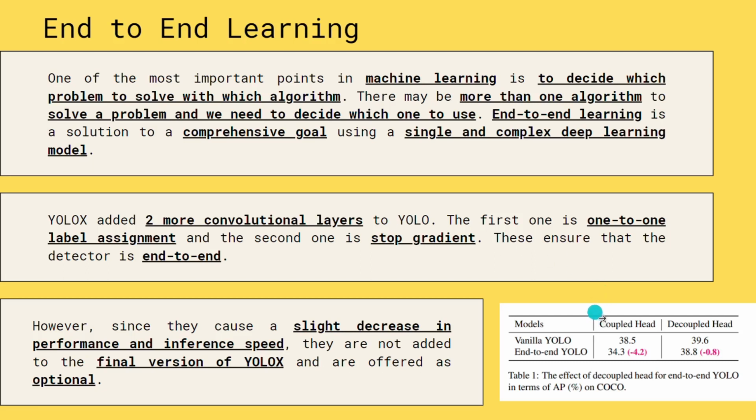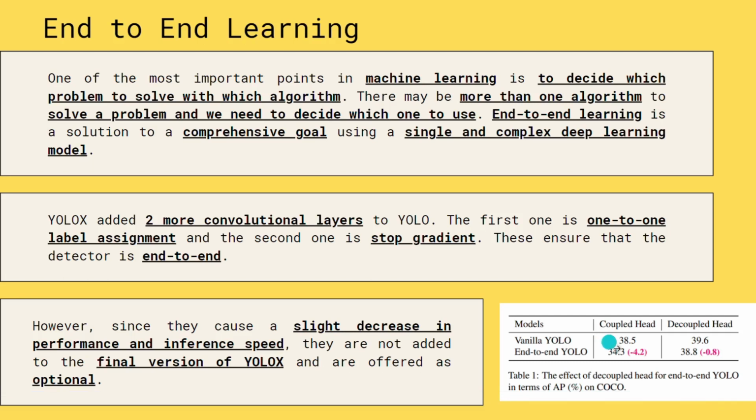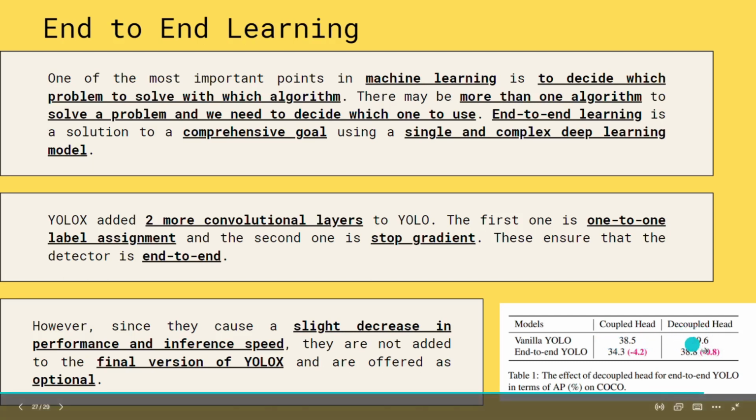As we can see from the table on the right side, the vanilla YOLO, which is a YOLO that does not use an end-to-end method, for the coupled head has an average precision on the COCO dataset of 38.5. And in the case of the decoupled head, we have 39.6. And then they implemented the end-to-end strategy for the YOLO model,